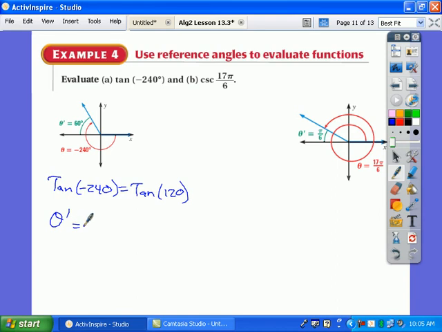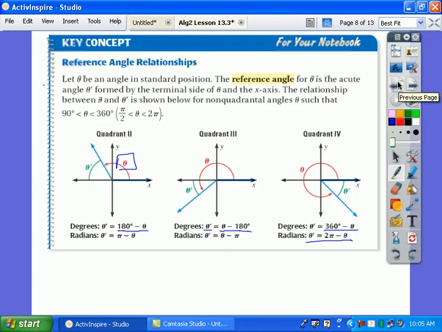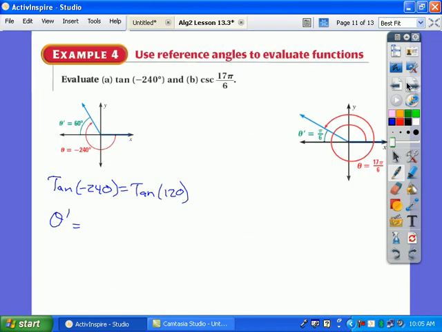So theta prime equals 180 minus theta, where theta now I'm going to use the value of 120. So it's 180 minus 120, and so our theta prime is 60 degrees. What that tells me is if I know about 60 degrees, then I know about 120 degrees. Okay, if I understand how a 60-degree example works, then I understand how the 120-degree example works. Okay. But the problem is,